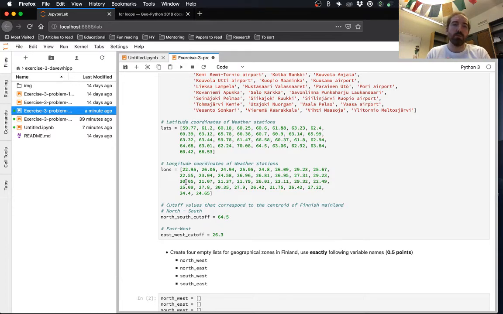This is the reason for using a for loop. We could go and do the calculation manually, and for each station say, what is the latitude? Calculate whether it's north or south. What's the longitude? Calculate whether it's east or west of the reference cutoff values, and then classify things manually. But the whole point of doing these kind of things with a computer program is that we can come up with the idea of how to do this once and then do it for all 34 stations the same way, so that you don't have to go back and type everything in 34 times.